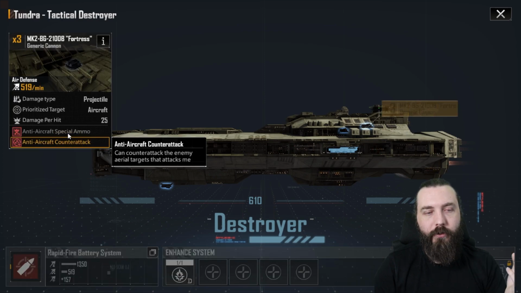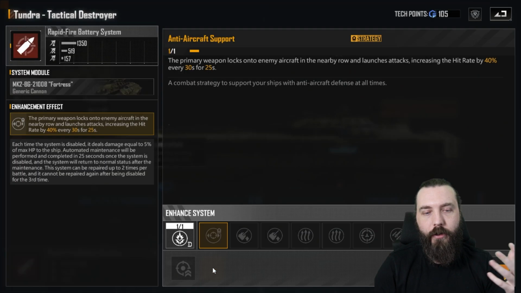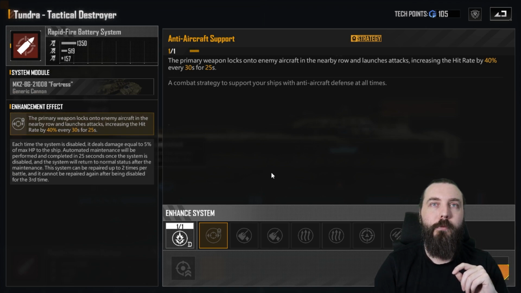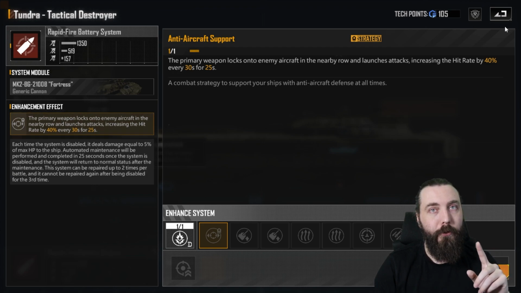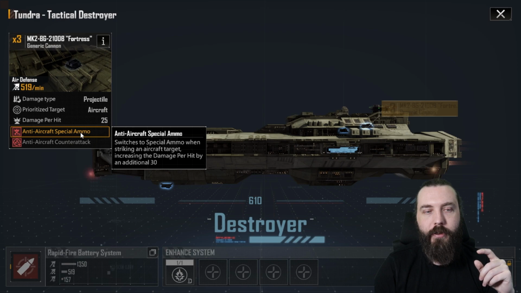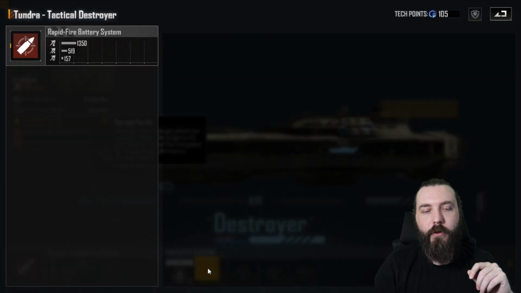Again, we have anti-aircraft counterattack, which means it's only going to do anything when it's being attacked. However, you have got anti-aircraft support here. When the primary locks onto an enemy aircraft in the nearby row and launches attacks, it increases the hit rate by 40% every 30 seconds for 25 seconds. So you can get a good uptime of row-wide anti-air here. I don't believe this applies to the UAV system, though. It is just this generic cannon system that we have here. But you are getting an increased damage of 30 here on top of your 25, so it's not too bad